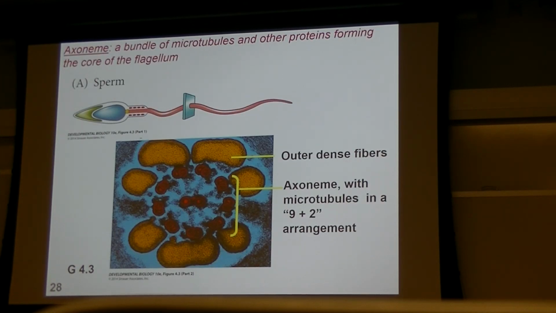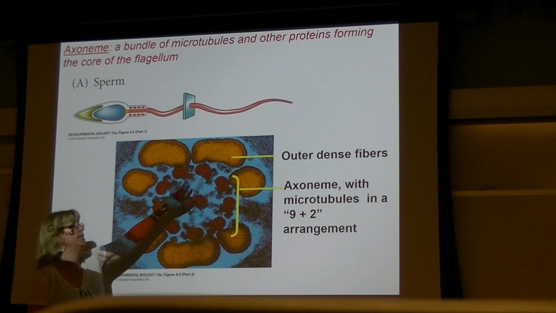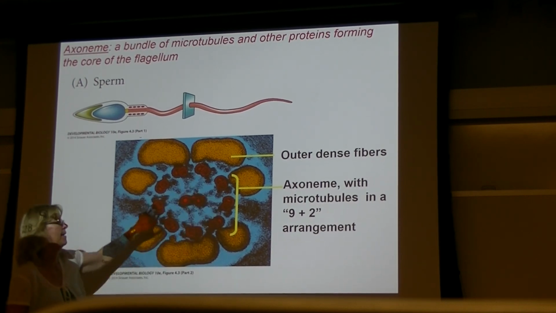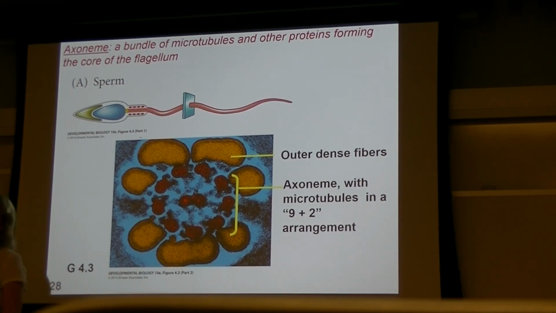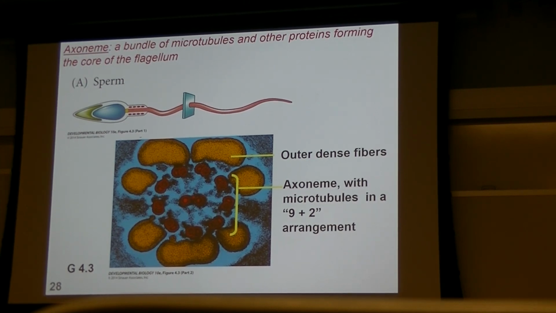Axoneme is the term that we use to describe the arrangement of microtubules and other proteins within the tail. If you just look at a cross-section of that tail, you see a number of microtubules. There are 2 in the middle, and there are 9 pairs that surround that. It's a really characteristic arrangement for microtubules in flagella of different types, and it's even got a name, the 9+2 arrangement. And this seems to be